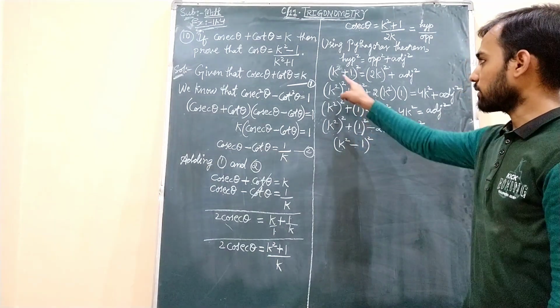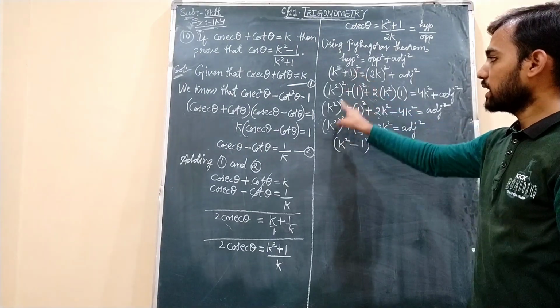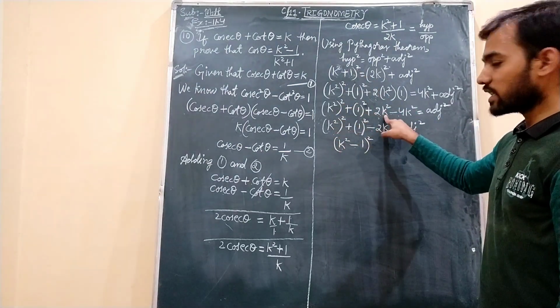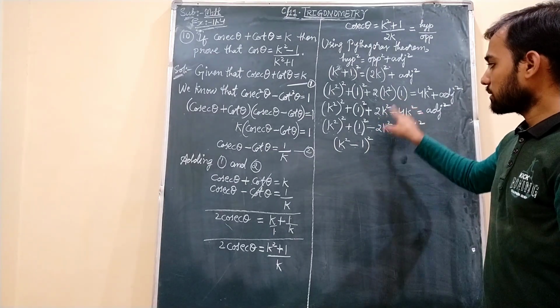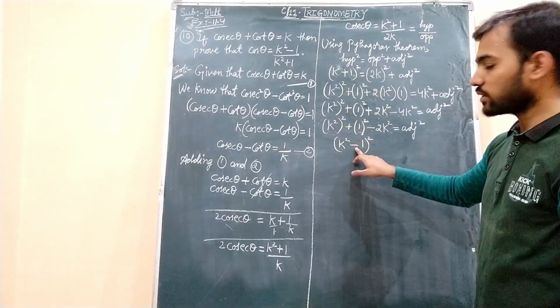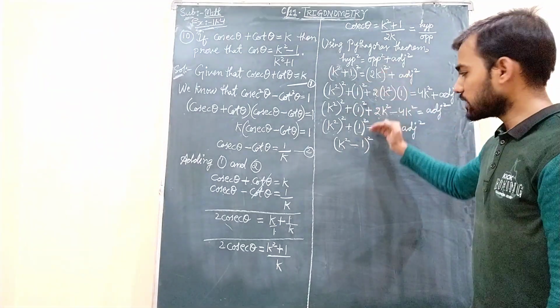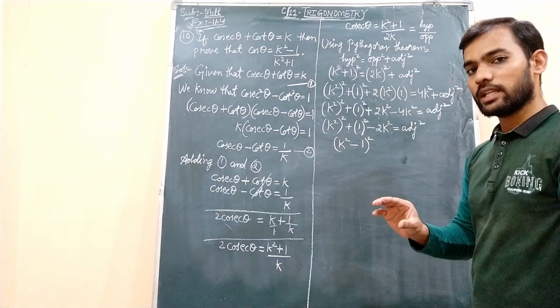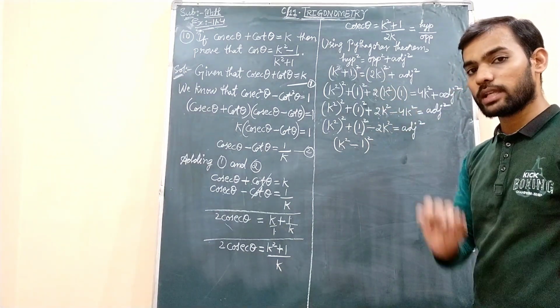You can just think, when you have (k square plus 1) square, you get k to the fourth plus 1 plus 2k square when you multiply them. But here we have minus 2k square. So what you need to do is, instead of plus, write minus here. This needs to be taken care of, students. When you become perfect in this, nobody can stop you from solving this problem without any error.